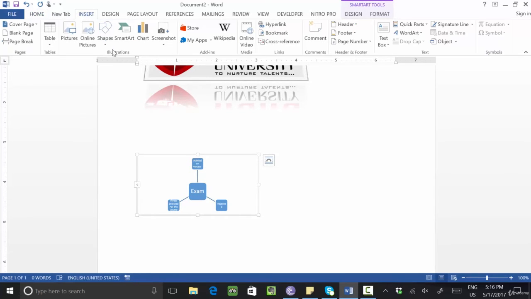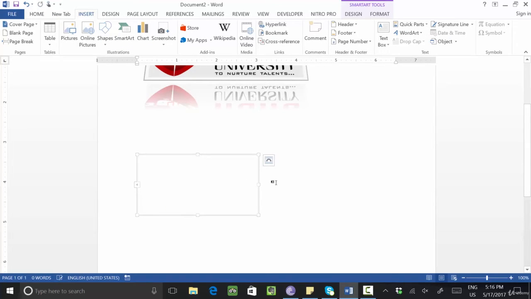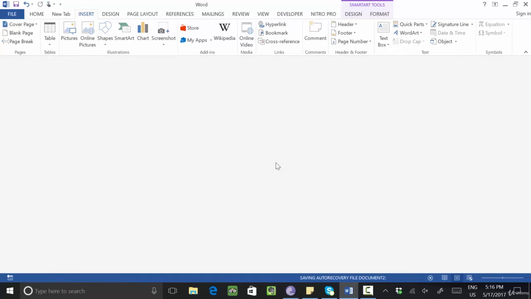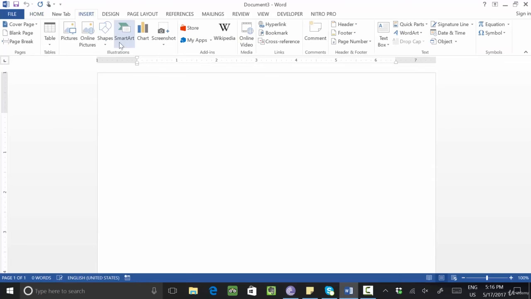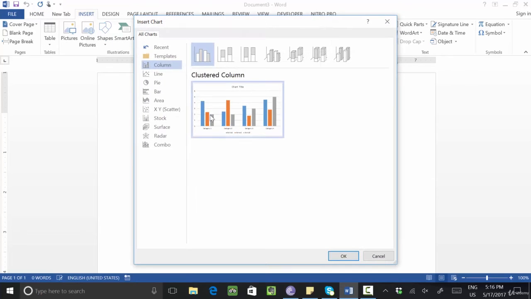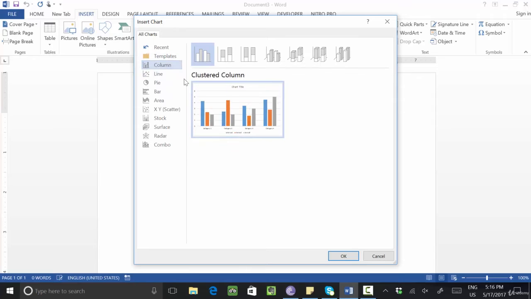Next option, SmartArt is done. Next option is what? Chart option. So let's see the chart, understand the chart option. Suppose you want to display a particular diagram with calculations. So we are using which option? Chart option. Click on this one. So you will select what kind of chart you want to show. For example, I want to display a line chart, let's say. Okay, or you want to display a column chart.